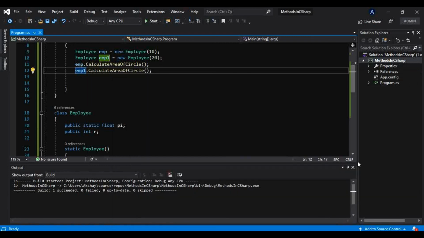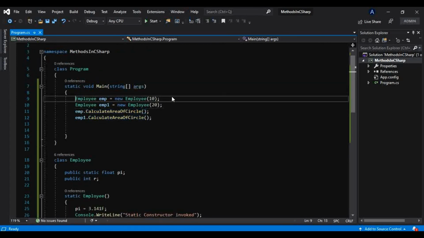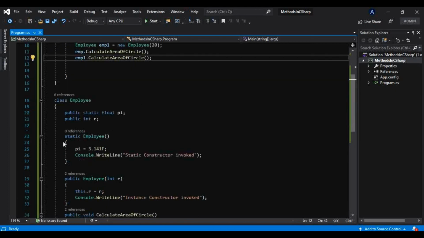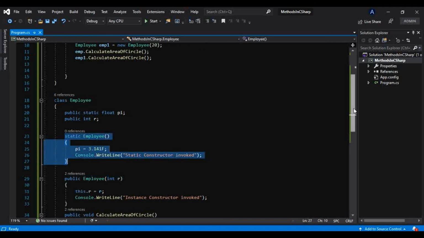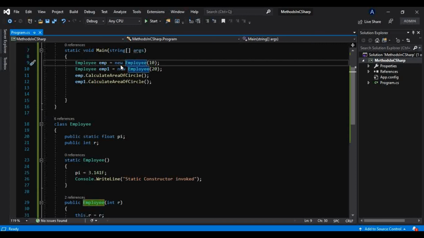Okay, if you guys might be wondering, I have not done anything. I am just creating one object here of type employee and another object of type employee, but I have never given any order in which it should execute. Neither have I invoked this static constructor manually, and that also proves that to invoke this static constructor, we don't need this new keyword. As we have learned in the previous tutorial, to invoke the constructor, we have to create the object, that is, as soon as you type this new, create this object, the constructor gets invoked.